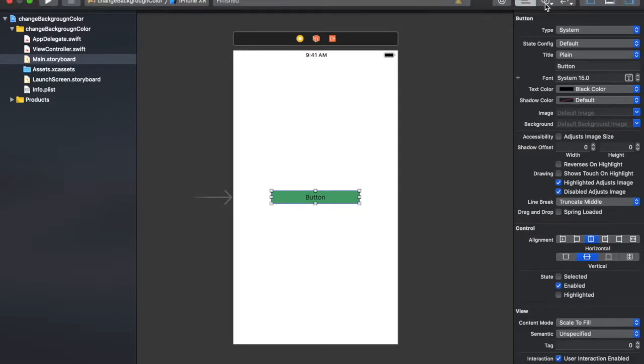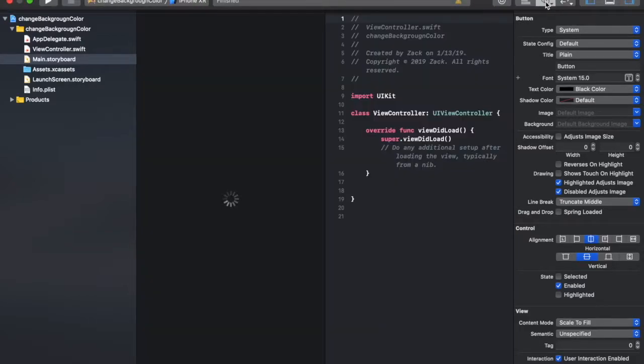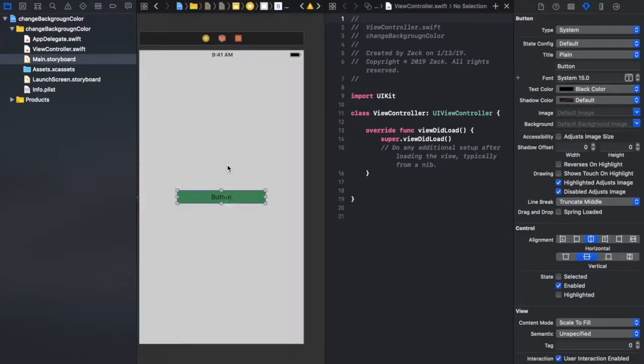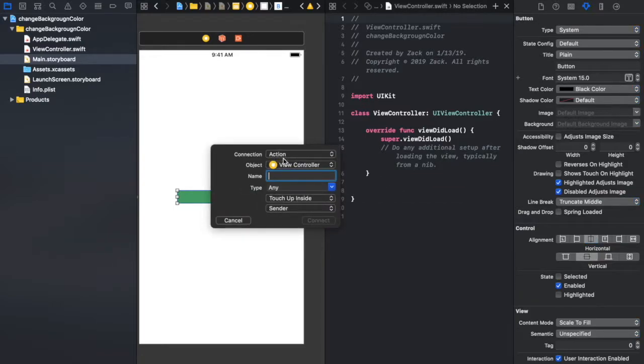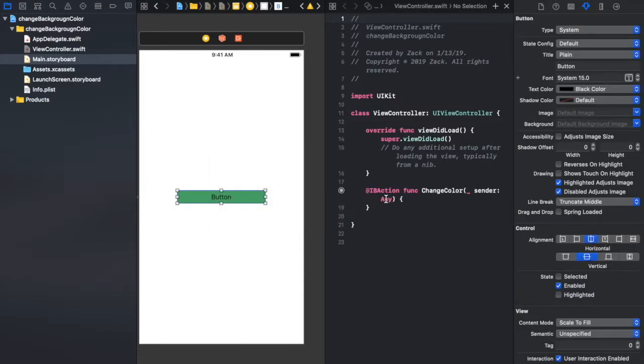Okay, next we're going to click on this, which splits the screen, so you could take a look at the view controller and the storyboard at the same time. You're going to hit the Control key on your keyboard and click on this at the same time, and then drag over here, and you're going to want to place it right in the middle of these two brackets. And you're going to let go. Make sure this is action, and name this changeColor. So that's going to be the name of the IBAction function